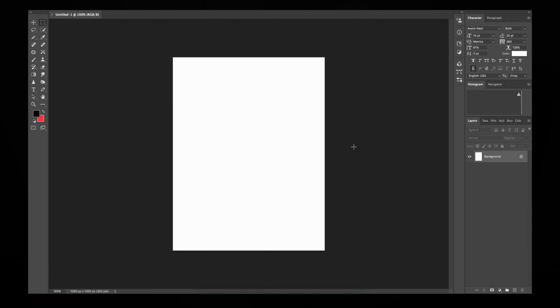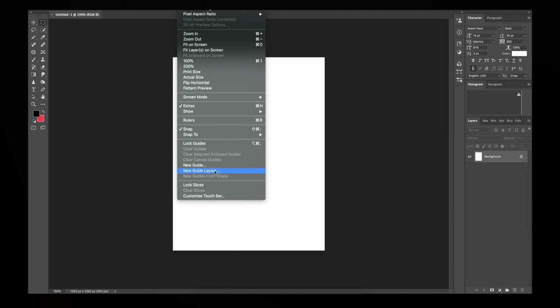So I've got Photoshop open, and the best way to do it is just create a new custom document with the width being 1080 pixels and the height being 1350, the standard Instagram post size. So let's create that. Now the first thing we're gonna do is go up to View, go New Guide Layout,